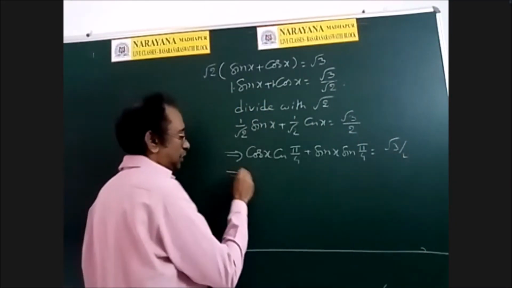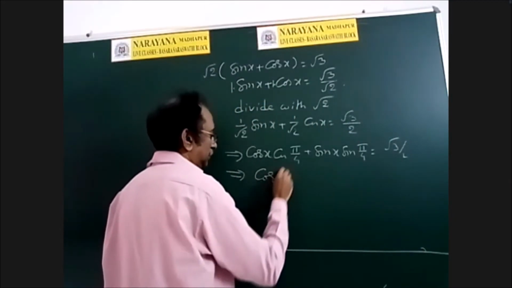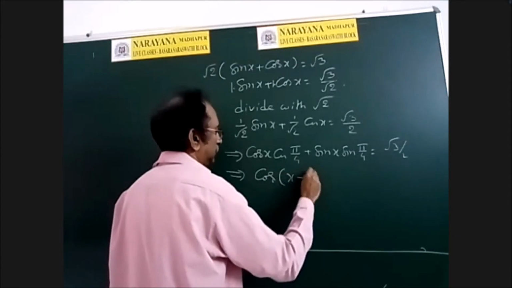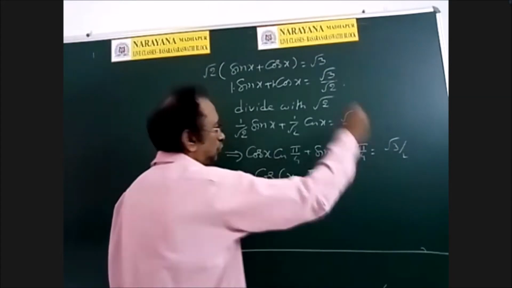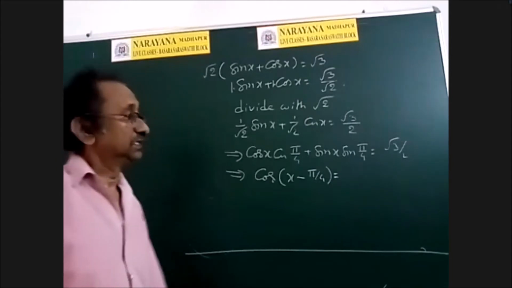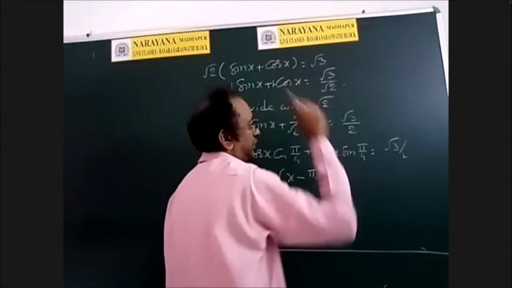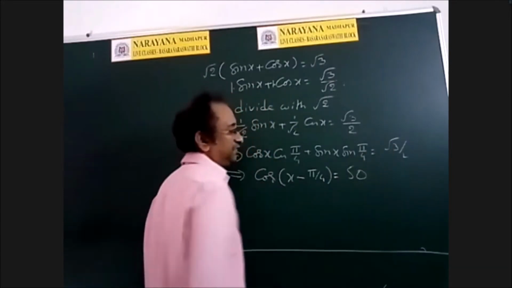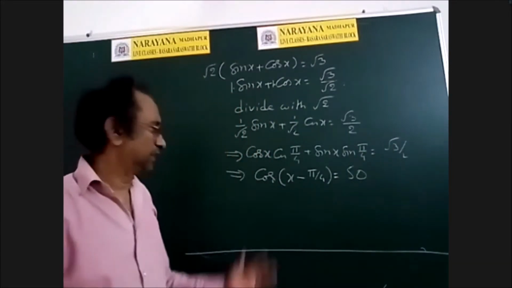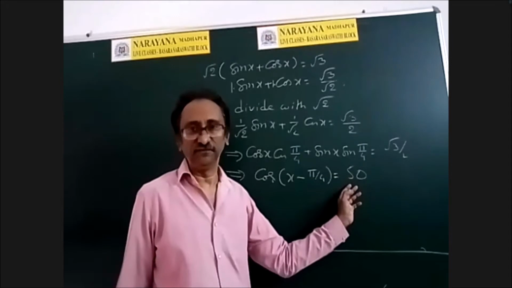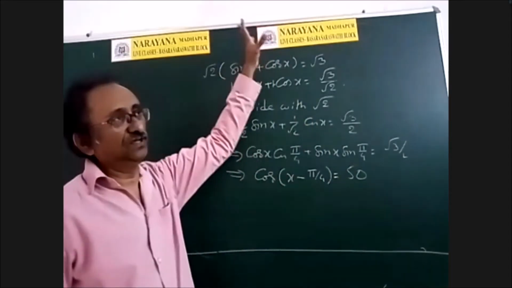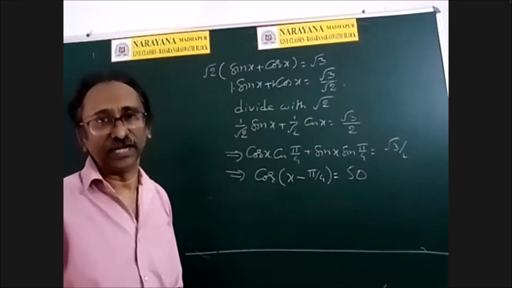Now this implies cos A cos B plus sin A sin B, cos of A minus B is equal to, and now observe, that is a number less than 1. Suppose here there is some 100, you will get 100 by 2, 50 finally. But cos value cannot be 50. Therefore, that equation has no solution, we declare.